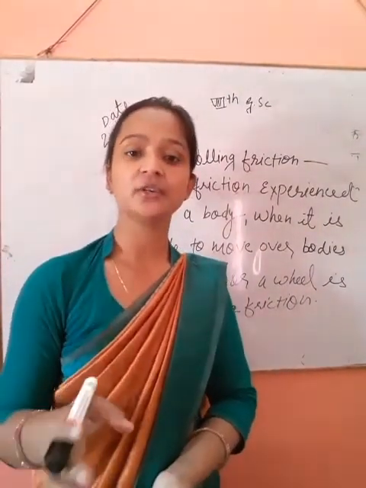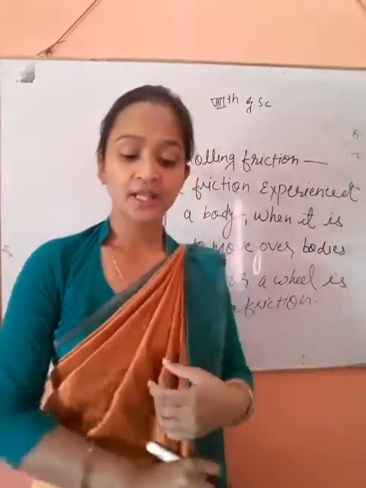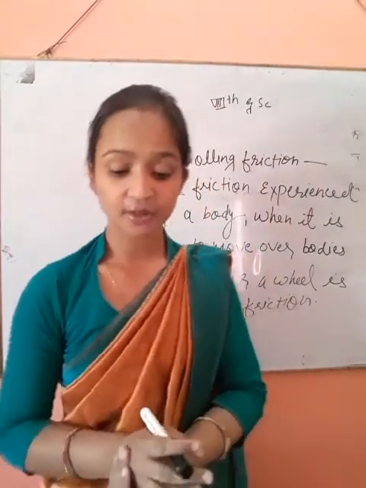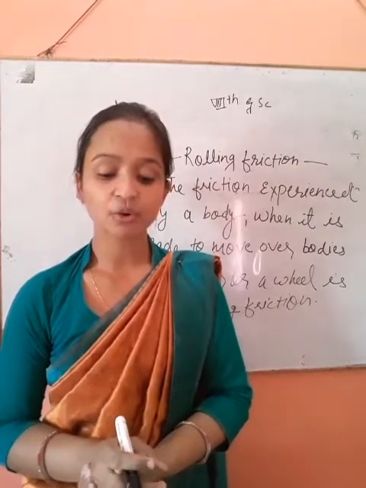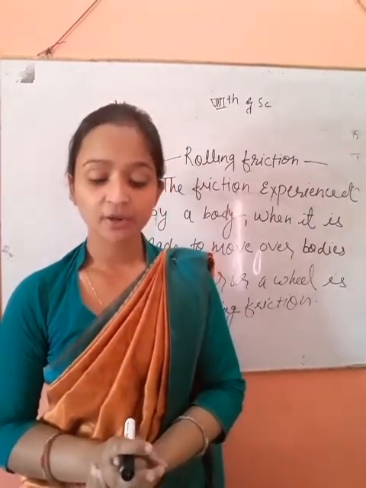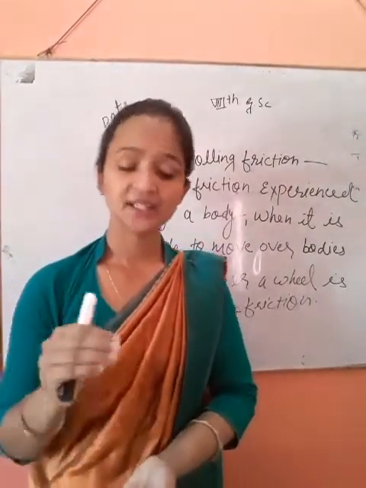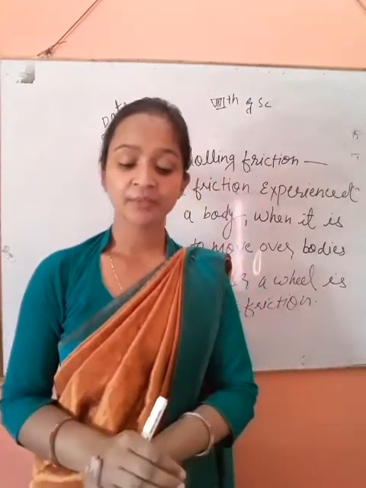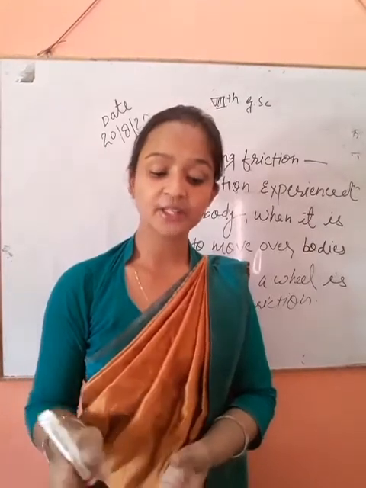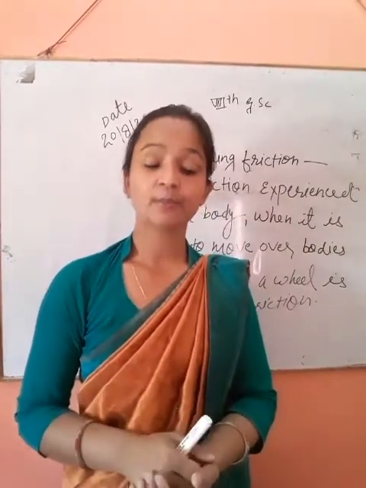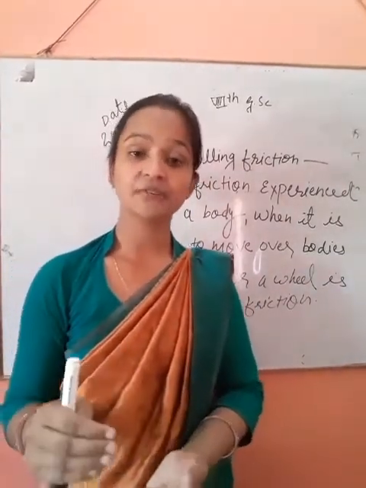How is rolling friction caused? The roller or wheel deforms, meaning it changes shape temporarily, the surface on which it is rolling, thereby causing a depression on account of its weight. And in this process, the roller or the wheel itself gets deformed, meaning it changes shape temporarily at the point of contact of the surface of the body.